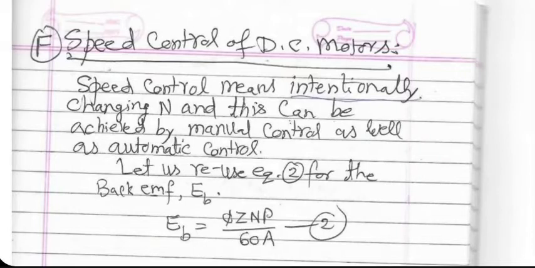Conceptually, we can classify the methods of speed control of DC motors in several ways. Let's look at it carefully. This is essentially figuring out the methods for changing n. What are the methods that you can think of for changing n? You know this equation very well. And you also know that Z, A, and P are constant, and phi may or may not be constant, depending on what you want to do.